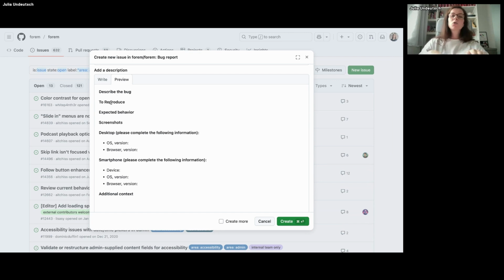So describe the bug, how to reproduce, because they do not simply believe what you're saying. Yeah, you have to say the focus was missing on the third button or on the button for submit. That's why you go to this specific page and you tap the focus button, let's say 5 times, until you reach the button submit, and then you will see or not see that the focus is missing. Like this. You have to also add what is the expected behavior. So what do you want from the developer to fix? You want that there is a visible focus, and you do not only want a focus, but a focus with a minimum of contrast. So this is very important.